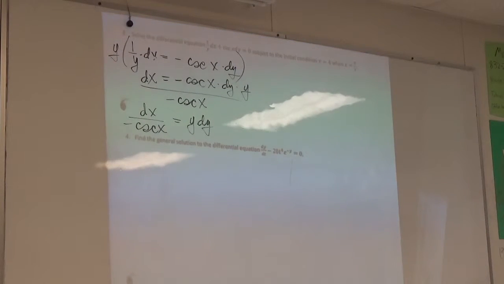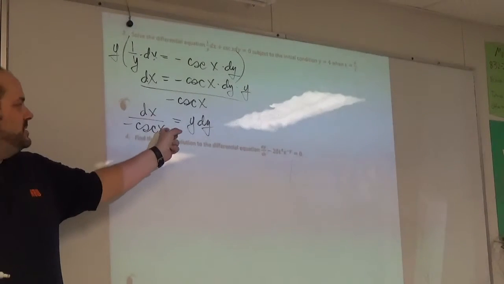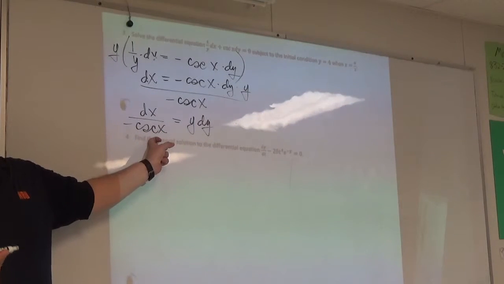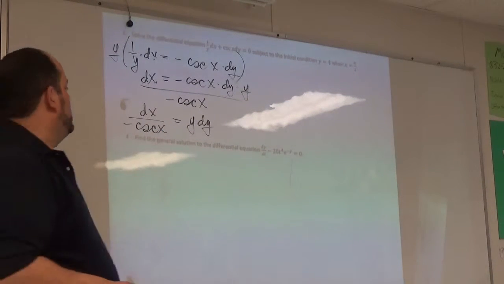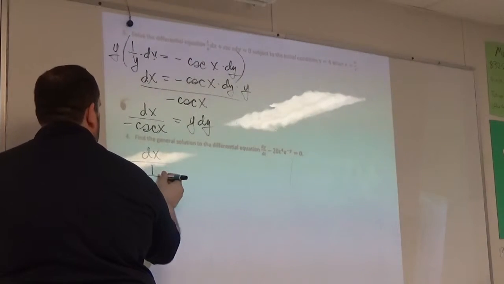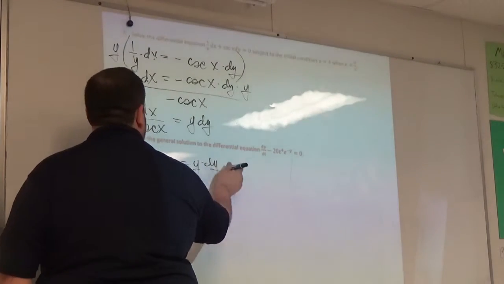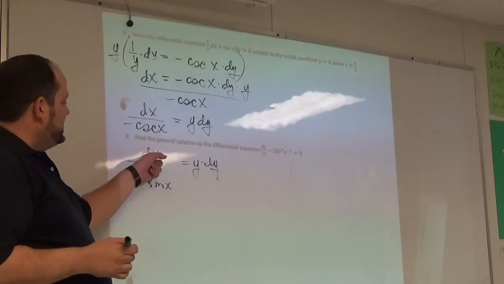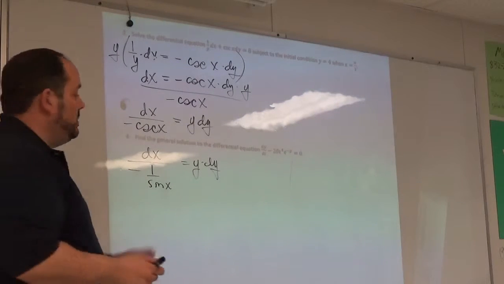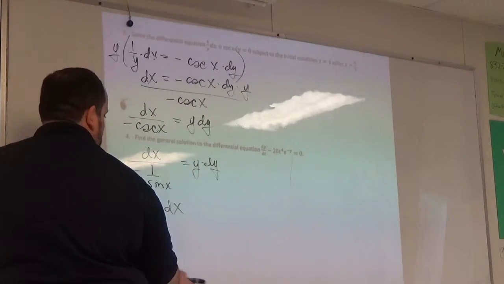Oh, 1 over 5. You heard him? I heard you, Marvin. One more time. Cosecant is the reciprocal of sine. So this is really dx divided by negative 1 over sine of x over here. Y dy, dx divided by negative 1 over sine of x, a little keep it, change it, flip it, is going to be negative sine of x dx